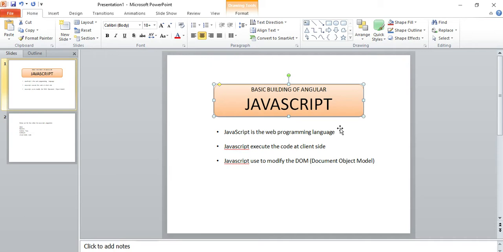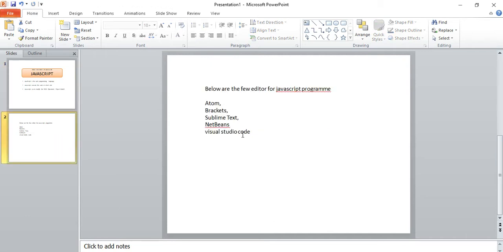See, there are 3 points on JavaScript. It's a web programming language. It executes the code at client side and it is used to modify the DOM. Let's see these 3 points practically, but before writing the practical example, the first question will be where you will write your JavaScript code. In the second slide, let's see, these are the editors where we will write our JavaScript code: